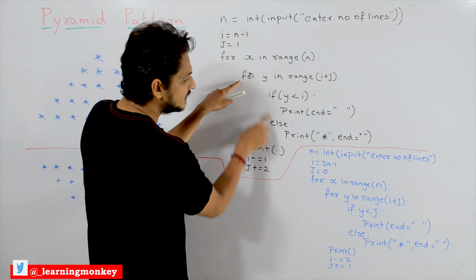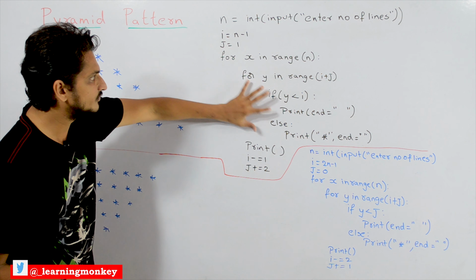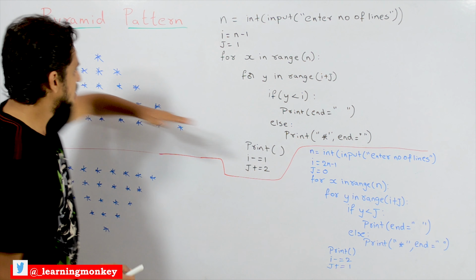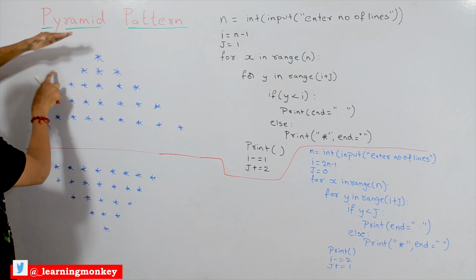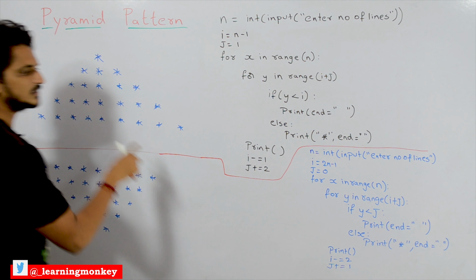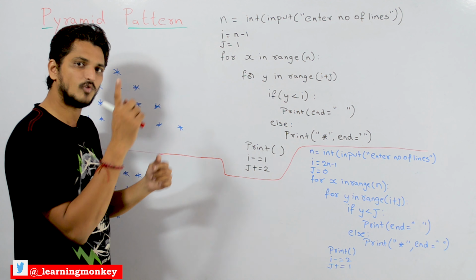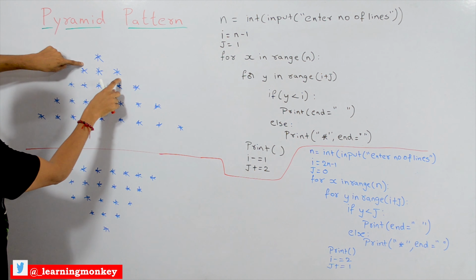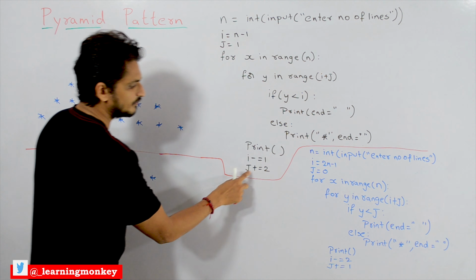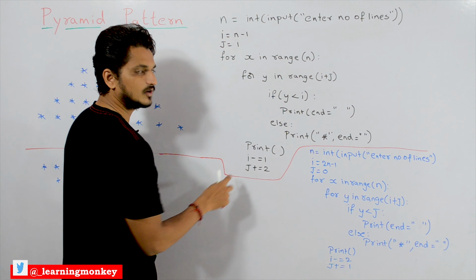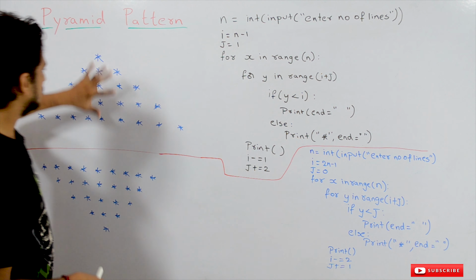After completing this loop, we have to go to a new line. After completing this loop means one iteration of the outer for loop has finished, so one line is displayed. We go to a new line, then again display i empty spaces. We have to reduce the empty spaces. Each time, how many empty spaces are reducing? 1. Each time, how many stars are increasing? 1, 3, 5, plus 2, 7, 9. So j plus equal to 2, i minus equal to 1. That's why the loop executes again and displays the stars. This is the logic behind constructing this pyramid.